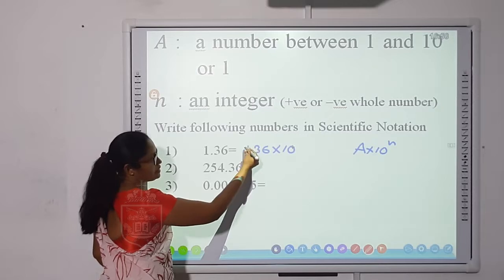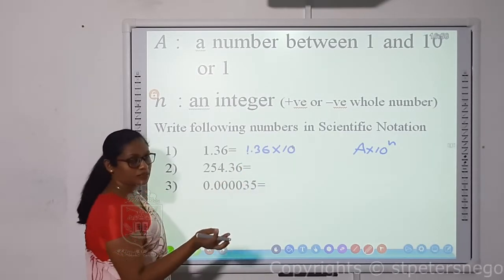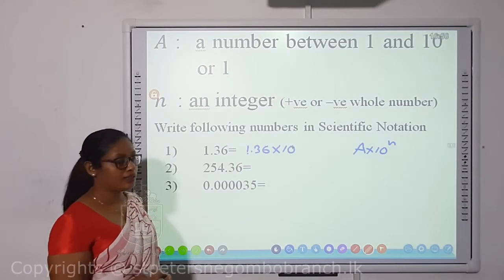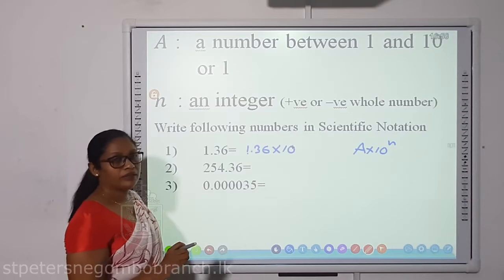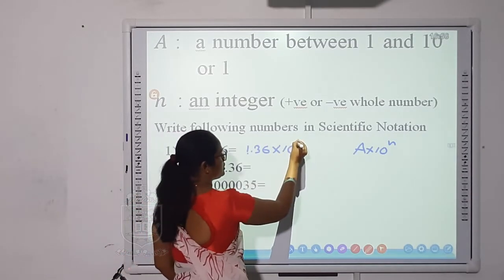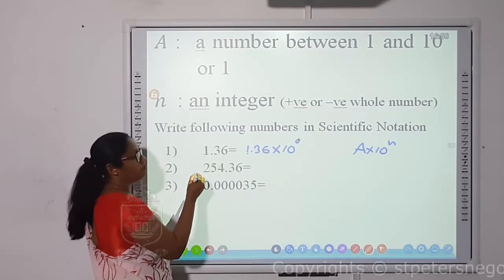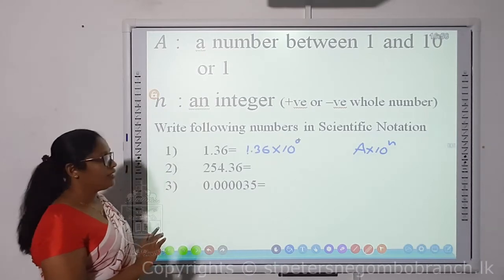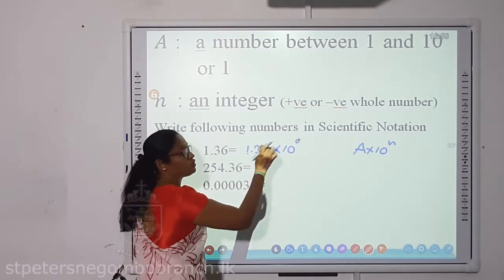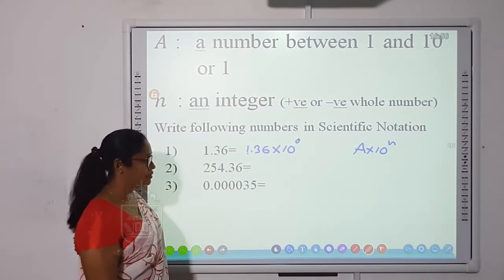Now here this is also the same thing. That means no change. No change means don't shift the decimal place. That will happen when 10 to the power becomes 0. Here should be 0. So keep this point in your mind. When the given number is between 1 and 10, the decimal place doesn't need to shift. Therefore the power of 10 should be 0. Now this number is in the pattern of scientific notation.